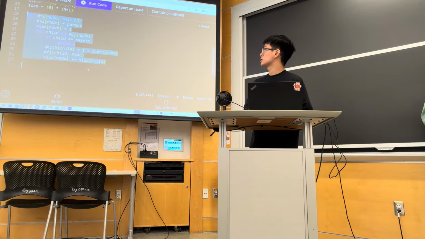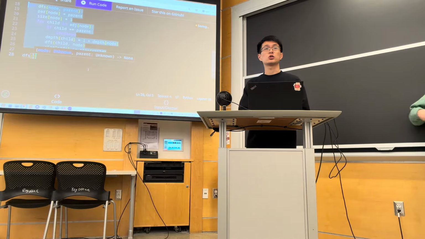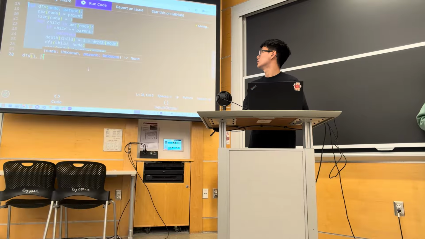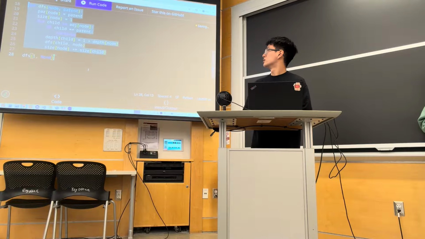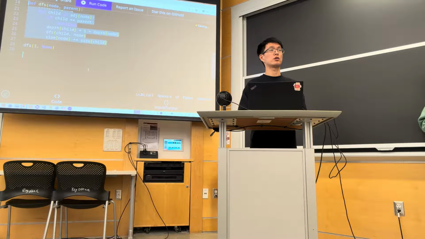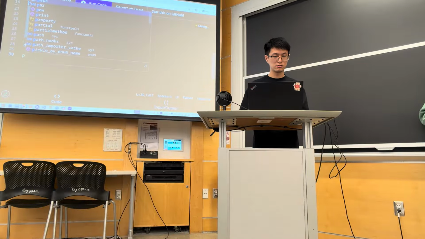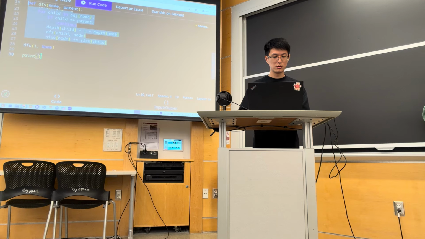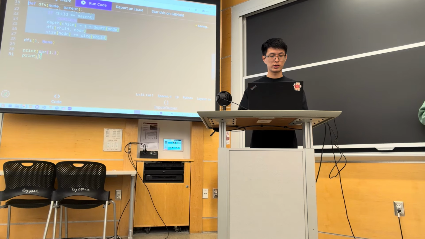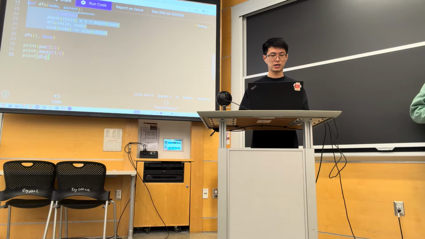So we can run this DFS by just running it starting from our root node, which we'll call 1, with parent None. After this runs, it should populate all of our arrays, and we can just check that they're right by doing, for example, printing out the parent array, the depth array, and the size array. So after running this,